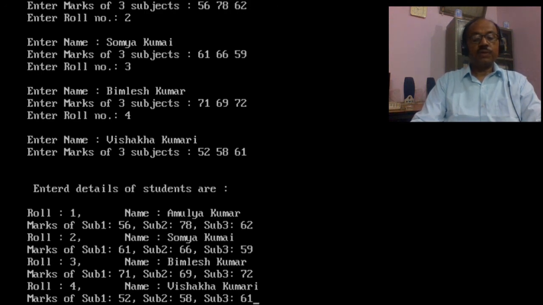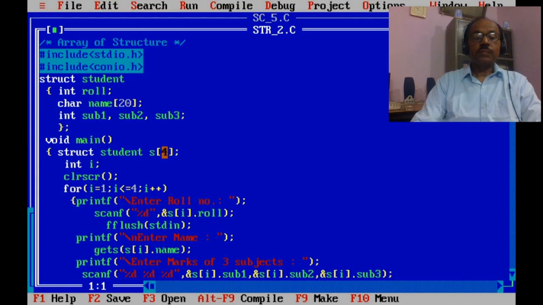Roll 4, Vishakha Kumari, 52, 58, 61. So, students, this is the way by which we use structures to group heterogeneous data elements into a single entity.